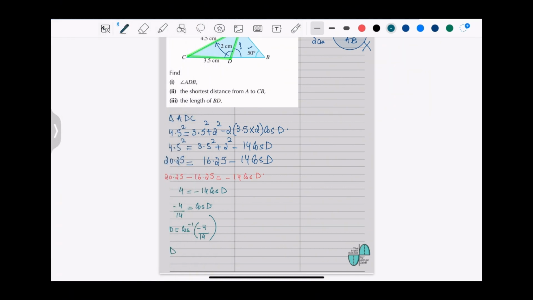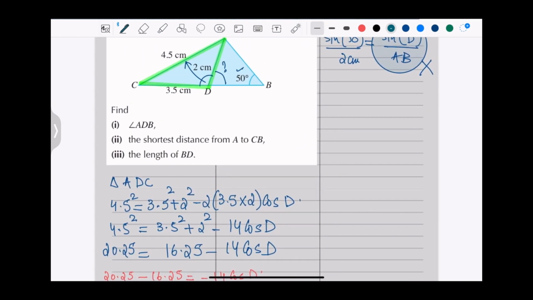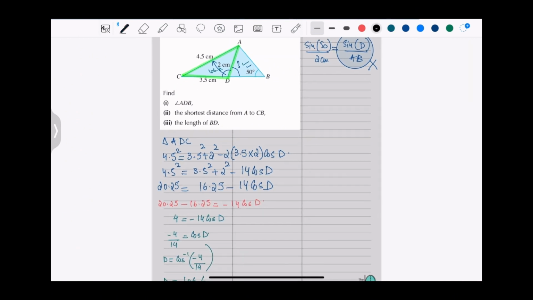So angle D is 106.6. This angle here is 106.6. Now what you need to find out is this angle, and as you could see that it is a straight line, so you write